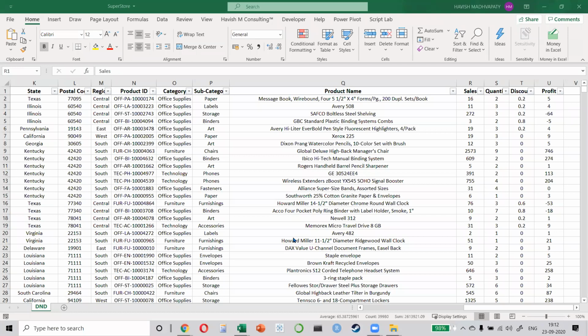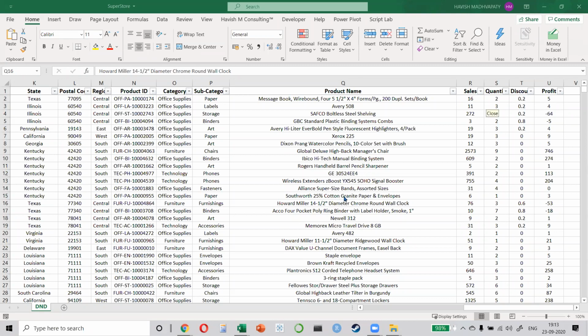But how will you do all of this? That's the question. Your observations are correct, that this is what we need to find out. But how are we going to find out these things? What do you do on Excel usually to get all these results? Correct me if I'm wrong, everyone. I'm sure that all of you will agree with me that the simplest and the most common way of doing it as a student or as a corporate professional would be to make a pivot table, correct?